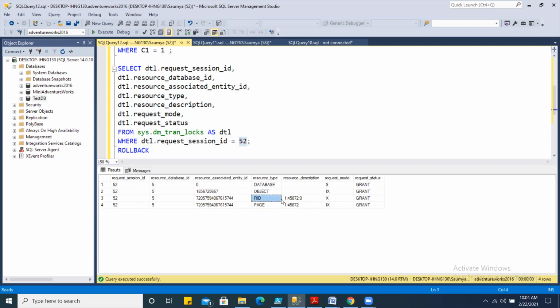RID lock is not a good thing. When you see a RID lock, it means that your table does not have indexes, so you try to eliminate this RID lock. This RID lock will be converted into a key lock when you implement an index, whether it is a clustered index or a non-clustered index. So, any question here?